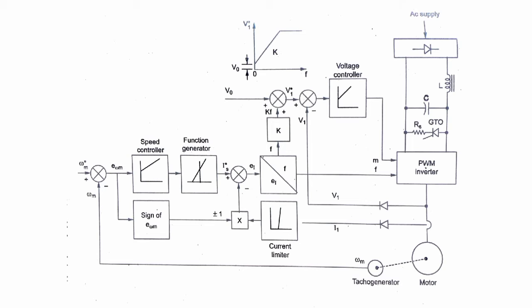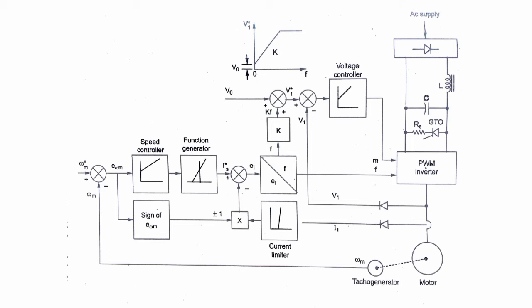The first important point is that there is a need for a small voltage boost to be applied at low frequencies, so that E will be approximately equal to V. It can be interpreted in another way too. It is a comparison with the voltage drop in the stator winding resistance R1.